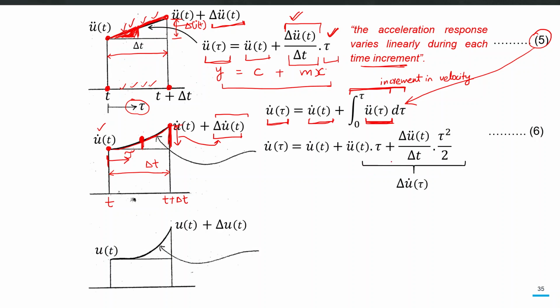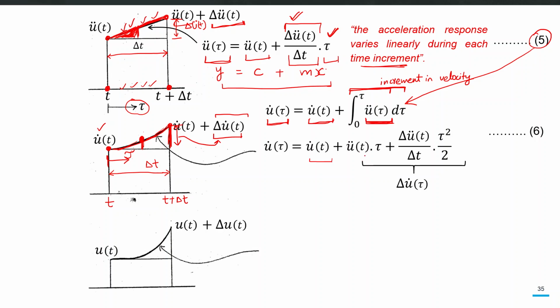So when we integrate it, we will get the variation of velocity, and that variation will be basically a second order function of tau, which means that it is a quadratic function. So let's put it here. So we have u dot of t here, and then we will put this whole equation 5 here and we will integrate. So the integration of equation 5 will become u dot dot of t into tau, because we will integrate with respect to tau, not with respect to t. So when we integrate with respect to tau, this u dot dot of t will become a constant thing.